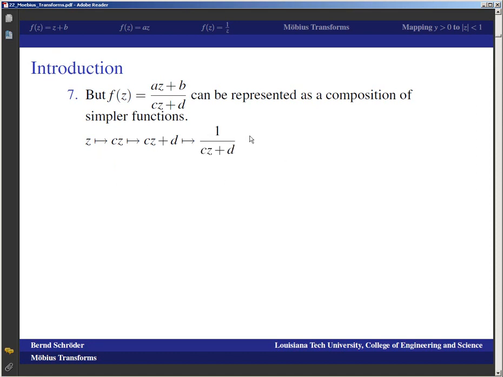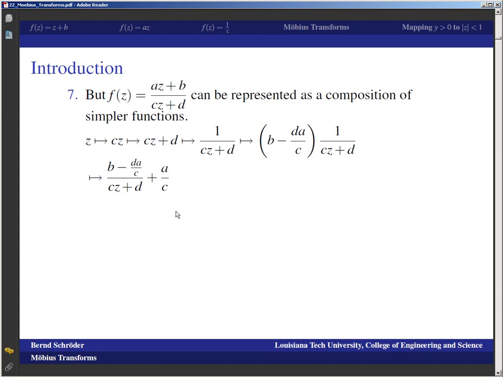I can go from there to 1 over cz plus d by taking this result and plugging it into the function 1 over z, the function that multiplies everything to its reciprocal. I can go from there to this expression, and even though this looks complicated, I'm just multiplying with a number. So this is another application of this function here. And I can go from there to this expression. Well, all I've done here is I've taken this term out front, put it in the numerator, and then added